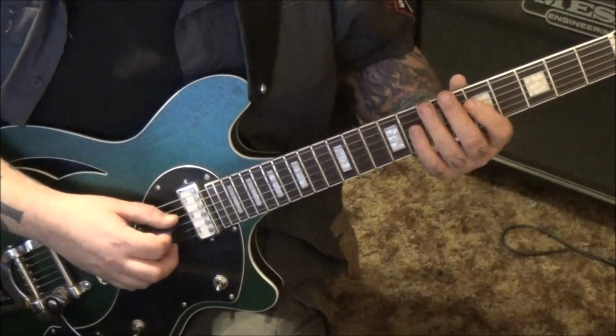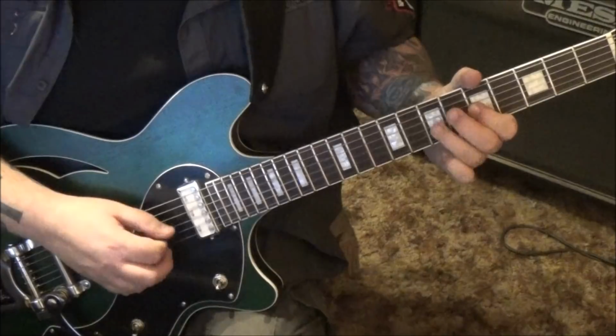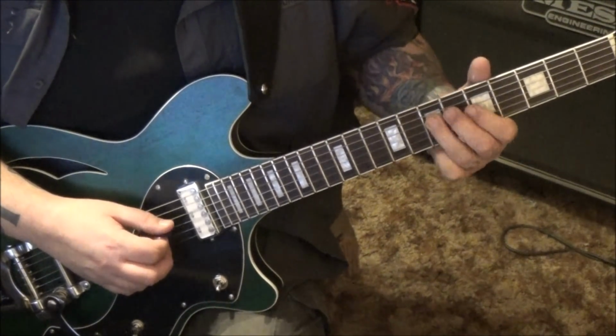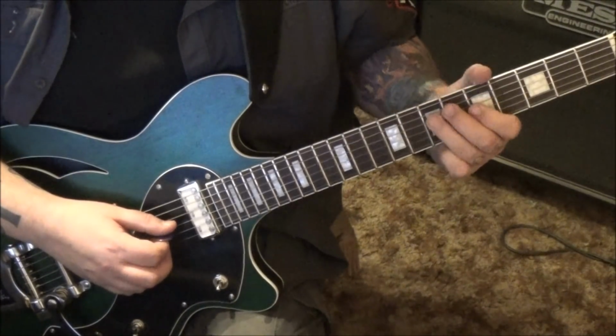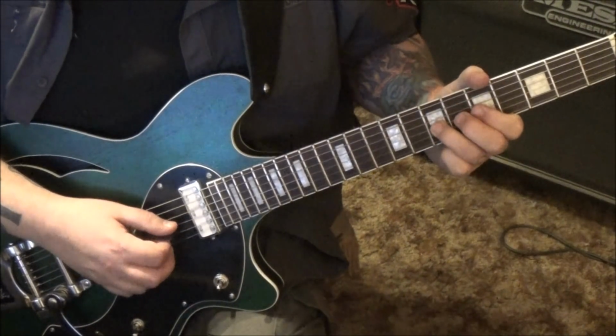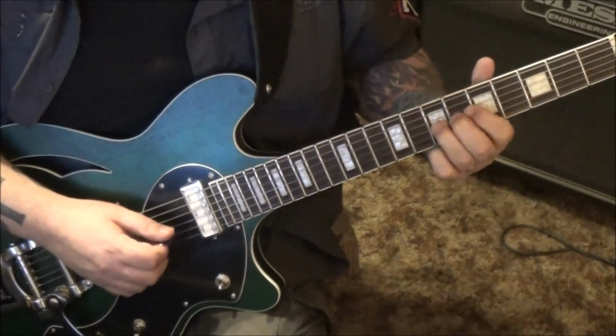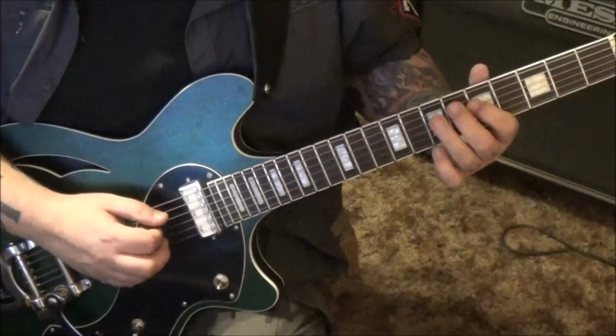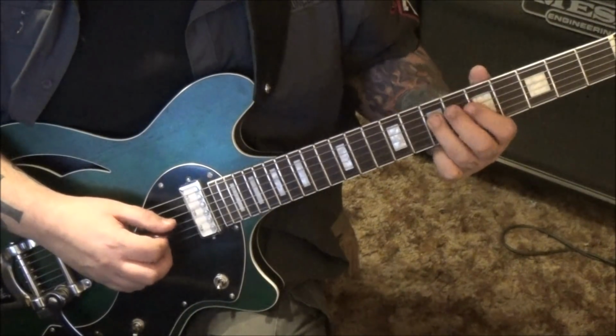slide. 5D hammer 7. So there's your hammer. On the G string, 5, 7, 7, bend release, 5, 7, 5, 7, 5, D, 7D. So it's